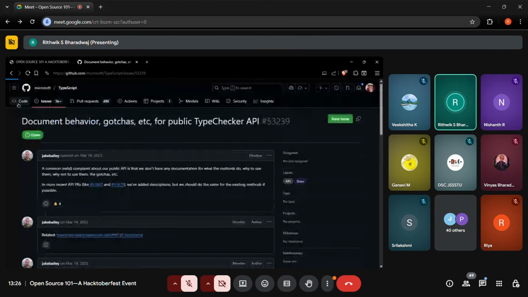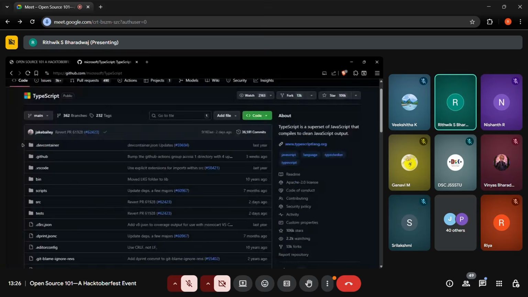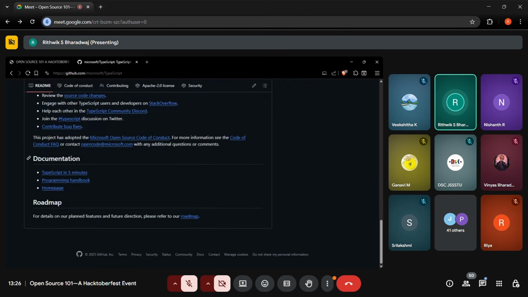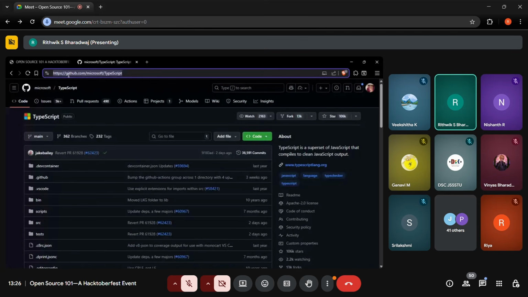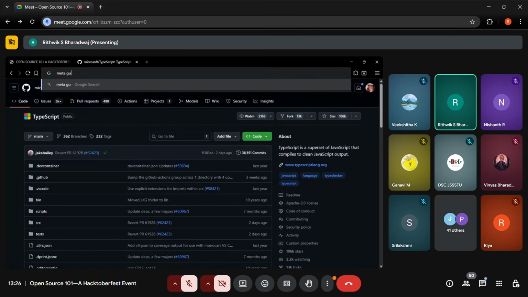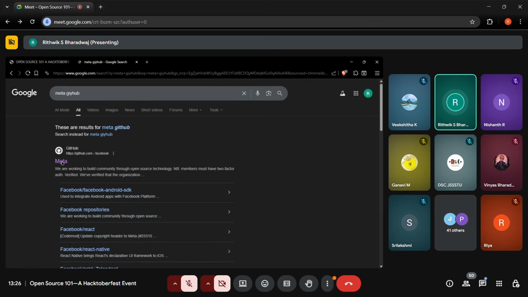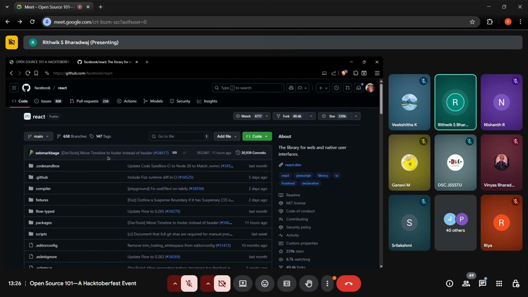A good way, actually, if you want to make an open source contribution, is that every repository, if you scroll down, will have a README file. And if you scroll down enough on the README file, in the documentation, you'll have a programming handbook. Actually, Meta does this better. So let me show you Meta's GitHub repository. If I go to Meta's GitHub page, and go into the React repository, this is the repository for React.js.